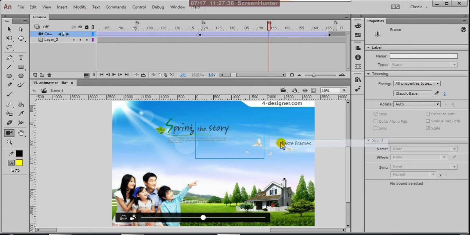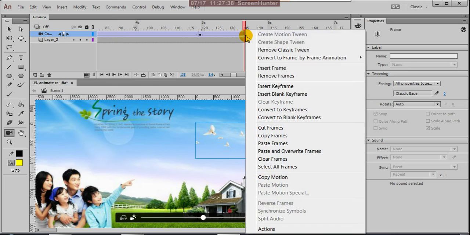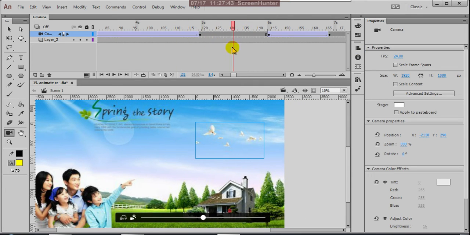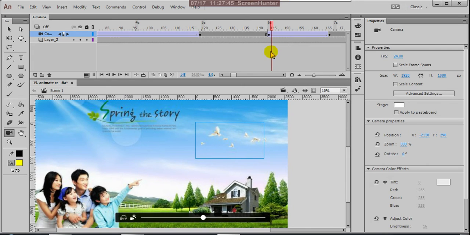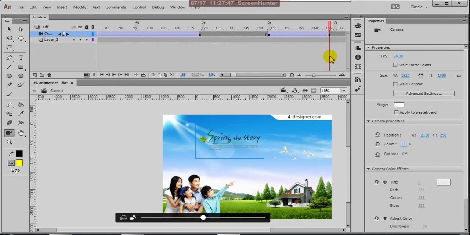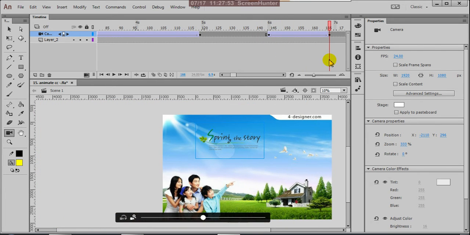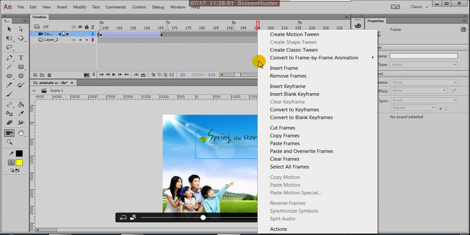Paste frame. So here remove classic tween, not required because both are the same. Then here to here, coming on the spring story, and then here allow it to be read for at least 1.5 seconds.